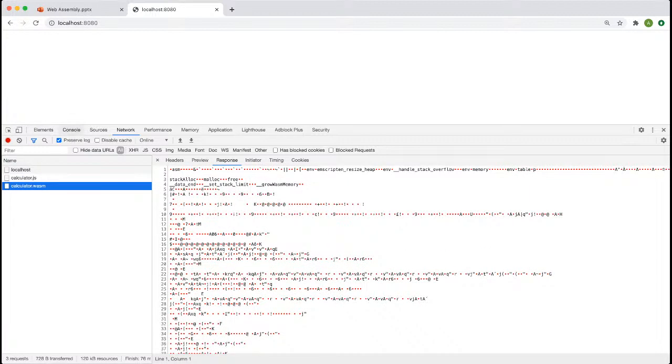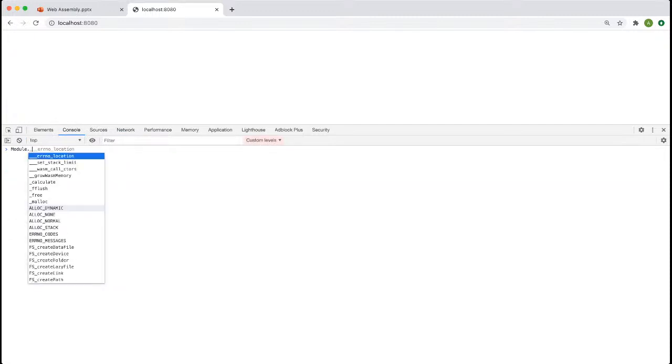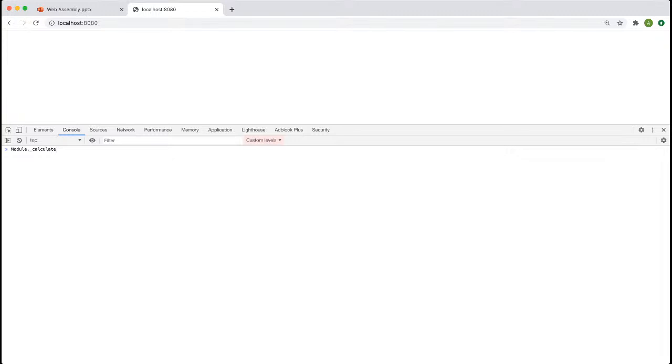Now to execute a particular function, we need to write Module and then _calculate. So we have access to the function that we have exported through our C++ code. Now if I write the first input, the second input, and then the operation code. If 2 is the operation code for subtraction, it will perform a subtraction, so it is like -22. Similarly, if I pass 3, which is the code for multiplication, it will return this.